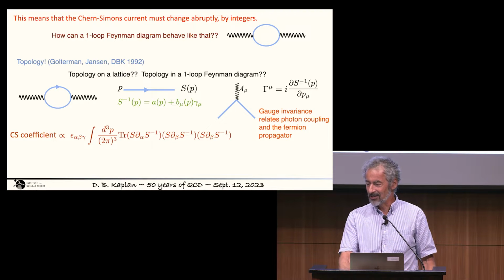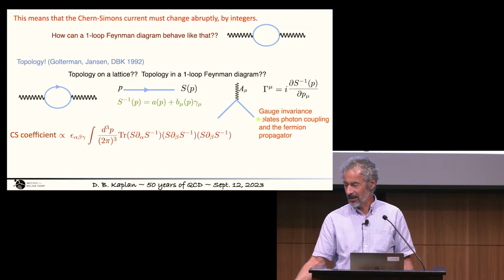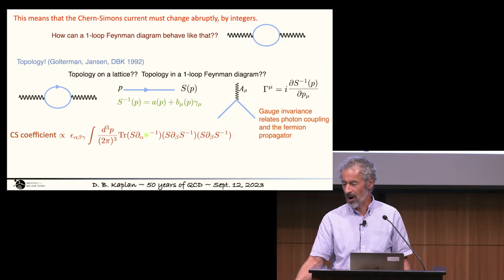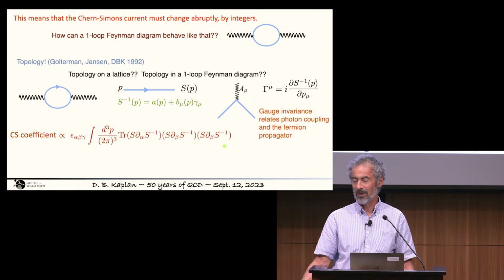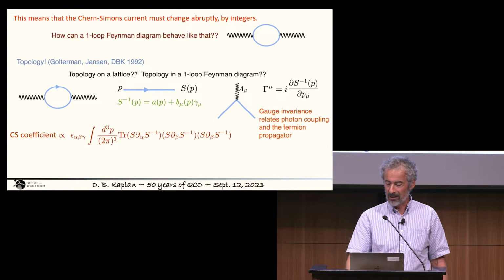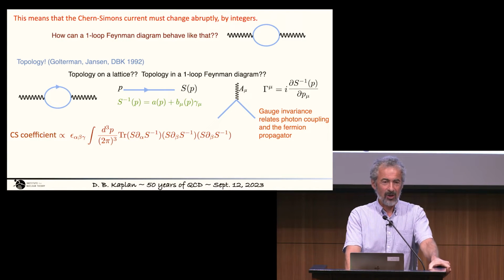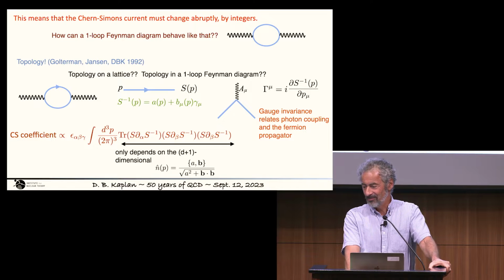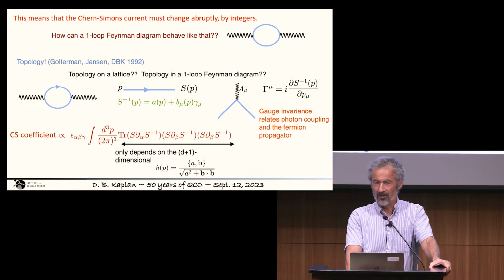And when the dust settles, the diagram you have to compute looks like this combination of propagators where those derivatives are with respect to momentum, and they're contracted with an epsilon tensor. And so you immediately see that this looks like a topological winding number calculation. In particular, you find that you don't depend on the whole propagator. You just depend on this momentum-dependent unit vector, which is constructed from the A and B functions